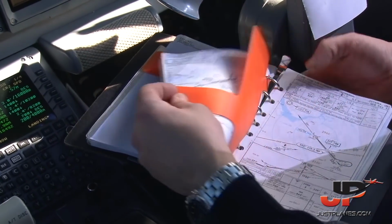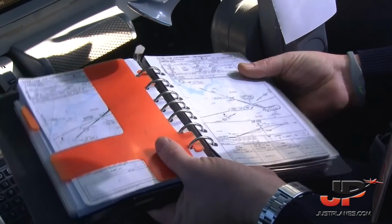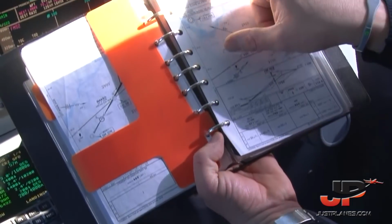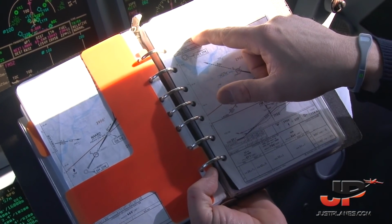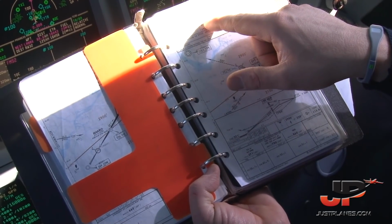We're planning the ILS runway 32. Page 11-3, effective 13th of May. And it is IRP 110.3, final approach course 320. Over the NDB will be at